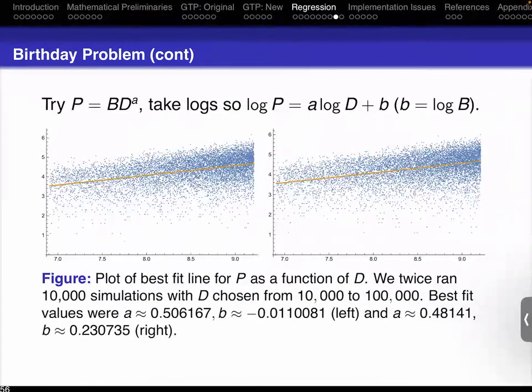Well, we could actually do some numerics and try to do the best fit line. We could assume some kind of logarithmic relationship. And when we do this for the birthday problem, we can actually get the square root of the number of days coming out very naturally just by looking at the data. And that's one of the things I want you to get out of this. This is a math of sports class. If you become a professional statistician for a sports team, remember me when you have those tickets.